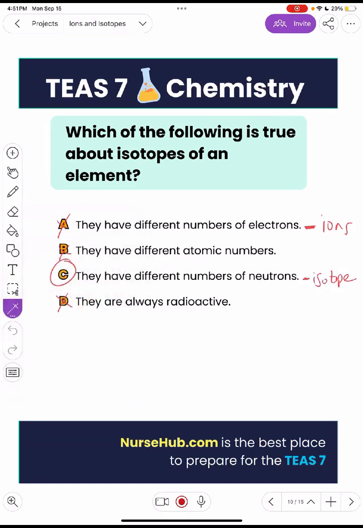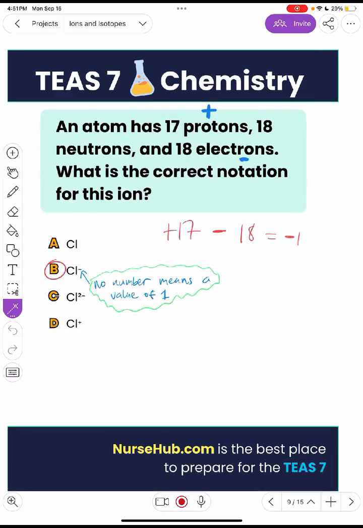So just to stamp this one, isotopes, this is the true statement because isotopes have different numbers of neutrons. Okay. And then in this one,